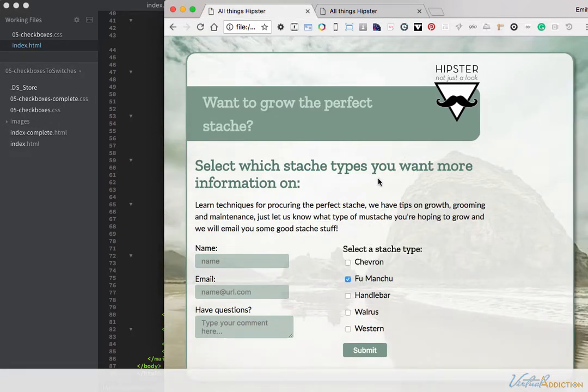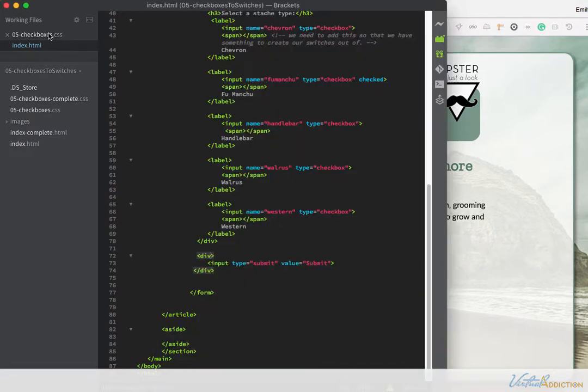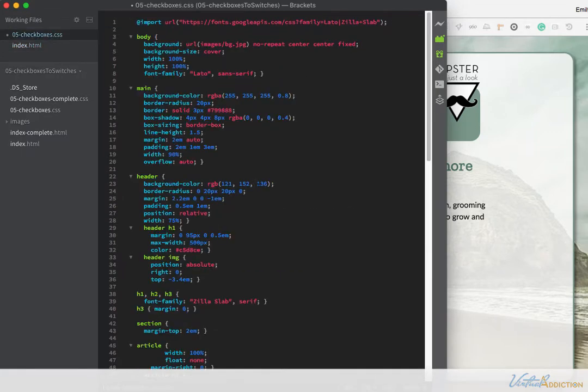Before we jump into the checkboxes, we have just a few things to do on our page. I want to extend out the input and the text fields so they take up more of the available space. I also want to move the submit button so it's over here on the left at the large screen. Let's do that first. Let's go into our CSS and let's make adjustments to the input and the text field